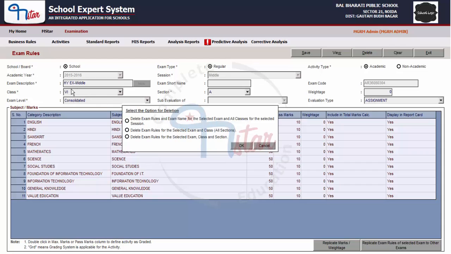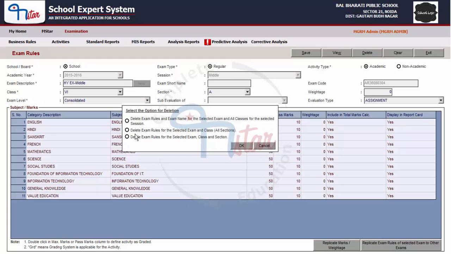That means if we have selected the exam HYEX in the background and if we select this option, then it will delete the exam rules of the exam HYEX in all the classes and sections of session middle. So if in middle the 3 classes 6th, 7th and 8th appear, then the HYEX exam will get deleted for all the 3 classes.